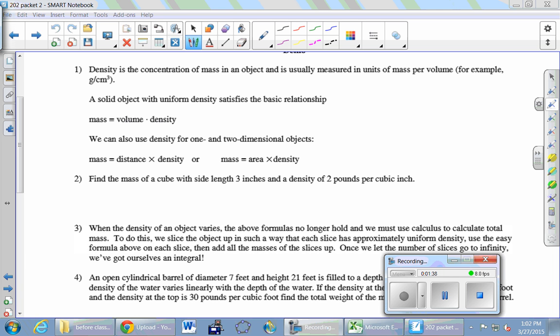Okay, it is very dense. All right, so what do we do here with the 3? The cube, and that gives us the volume, right? So the volume is 27 cubic inches, and then what are we doing to find the mass? Multiplying it by that density, right? So then our answer here is just this 54, whatever it is, pounds.